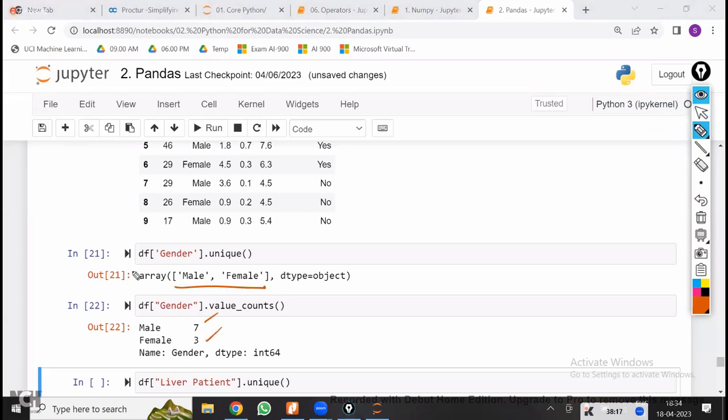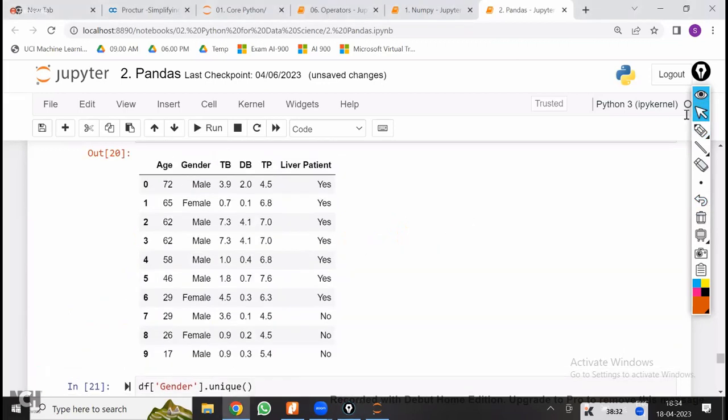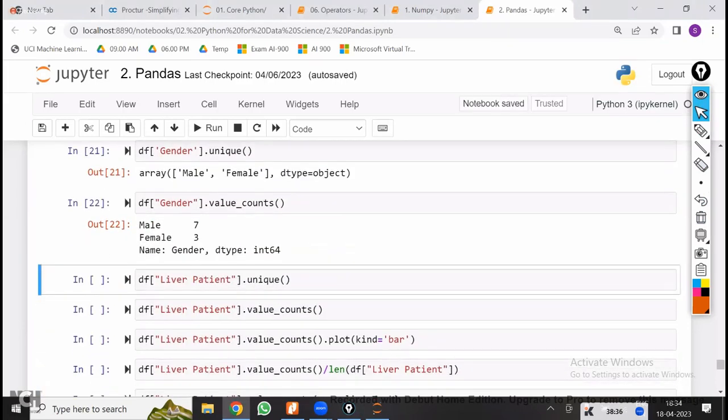So each category will be represented on the x-axis. Whatever the count is there, that is the height. It is going to take the height. So this is also called a discrete frequency distribution. Now, for example, for a discrete frequency distribution, instead of a bar, if I take a pie, one more, pie means